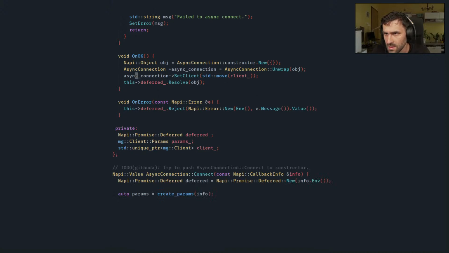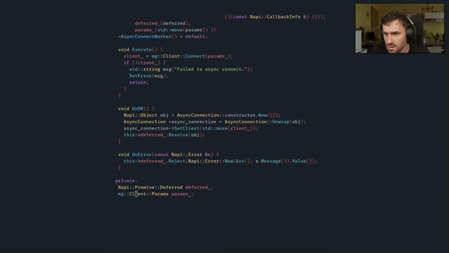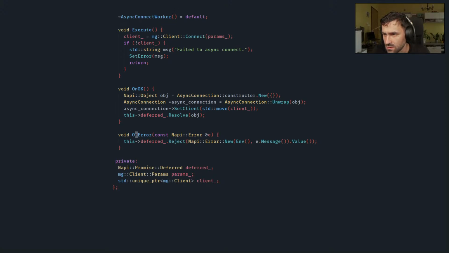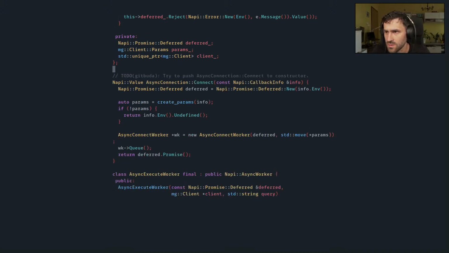And then on OK, that's executed when execute is done, and on error is executed if there is some kind of error. Okay, and then in order to actually implement connect, we implement the connect method on this async connection, which